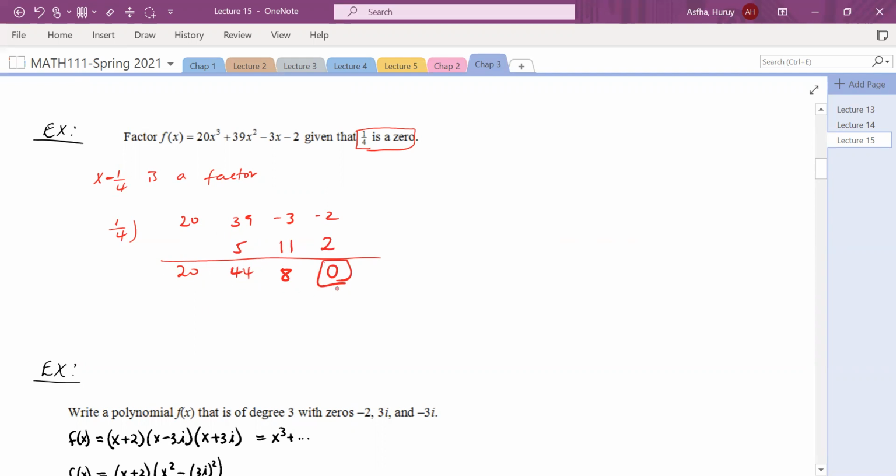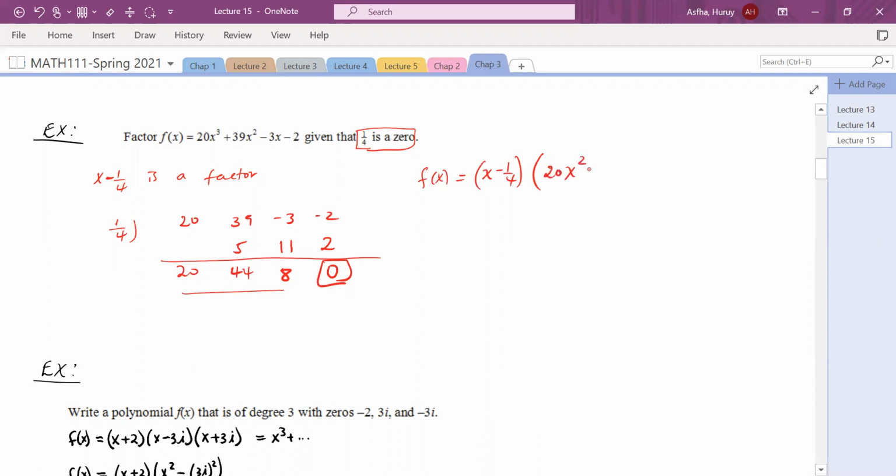Now, the important thing here is it's not the remainder, because we expect the remainder to be 0. We knew the remainder is going to be 0 because 1 over 4 is a 0 of the function. Therefore the remainder is always 0 if the number is a 0. But the quotient has these coefficients. When we divide this function by x minus 1 over 4, this is the quotient. So I can write f as x minus 1/4 times this polynomial with these coefficients,